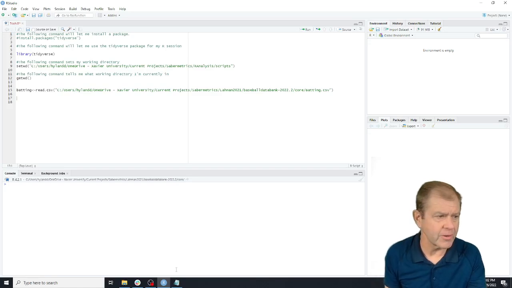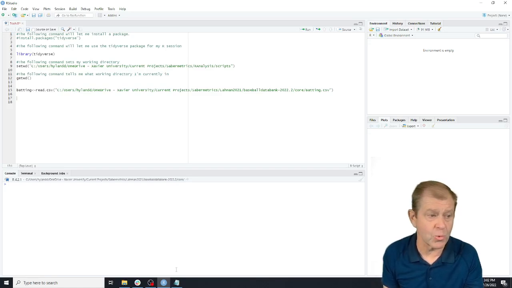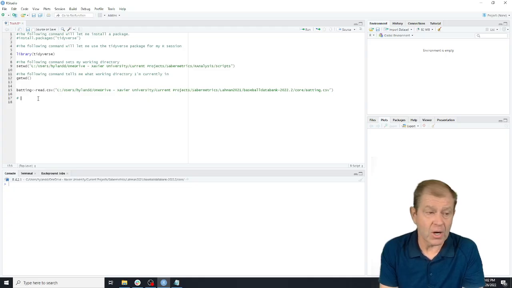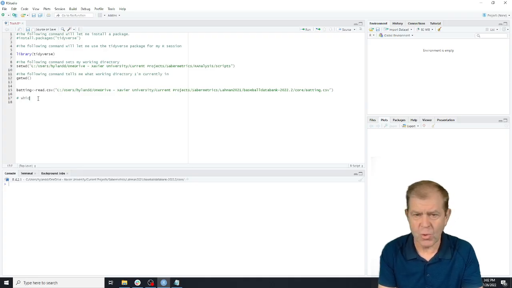In this video, we're going to introduce the summarize and group by functions in the dplyr package. Both these functions will be very handy for calculating cumulative statistics, averages, medians, and so on. But we're just going to use them as a simple query. We're going to look at the batting data frame and answer the question: which league, American or National, had the most home runs